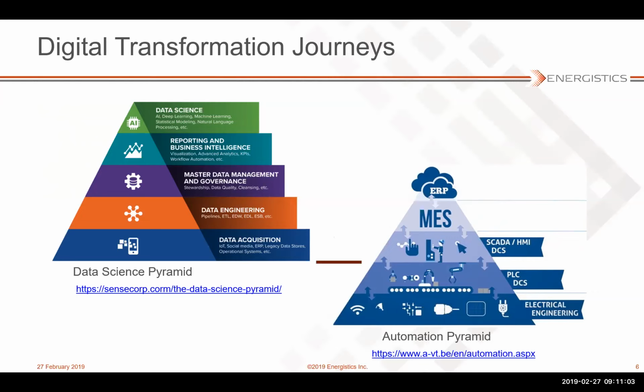But you typically get these pyramid diagrams that kind of describe what people are trying to do to enable them to get kind of higher value applications. So on the data science side, you start with data acquisition, then you start building data engineering applications on top of it that let you manage that data and get it where it needs to go. And then you put governance processes on top of that that keeps your data clean and ready for end use.